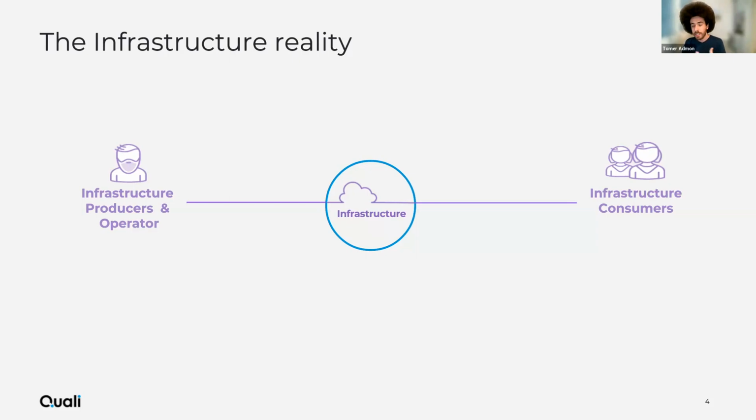On the other side are the people that really need that infrastructure. And again, it might be a finance guy that needs a VM to run something on it. It might be the CI/CD system. It might be developers, testers, people that need to run training sessions on your application. All of them need infrastructure. And usually what we see is that that expert is one, and usually it's 10x to 20x people that actually need the infrastructure. So in huge organizations, we see this disproportional situation where a really small group of people need to sustain hundreds, sometimes thousands of consumers that require the infrastructure.